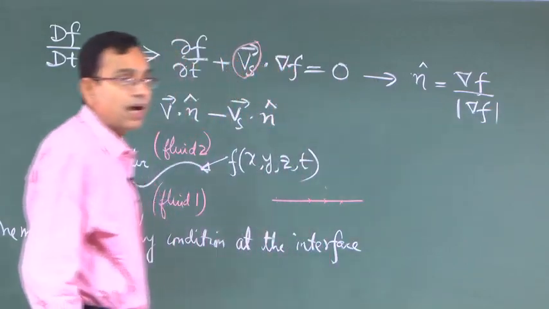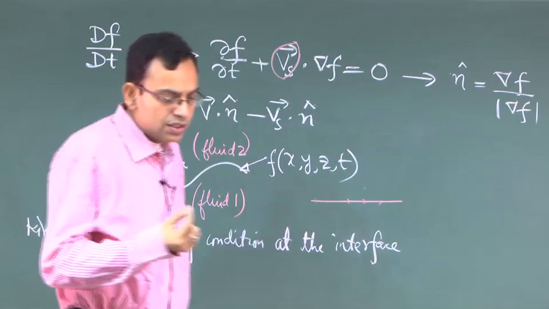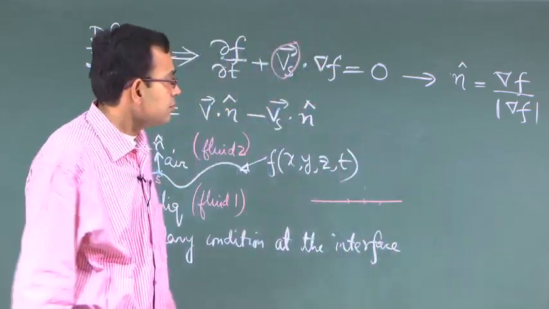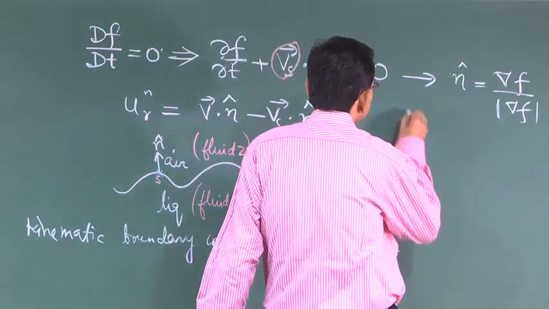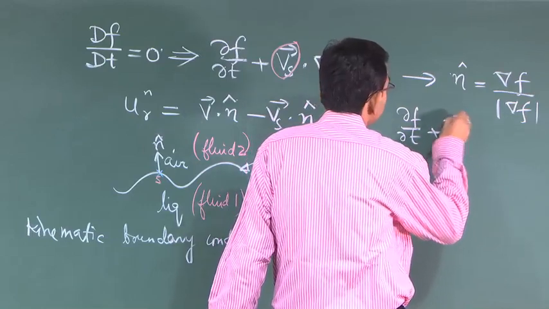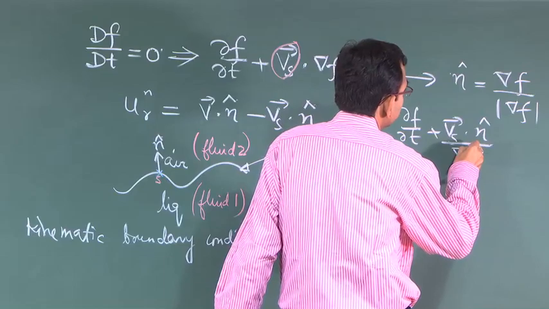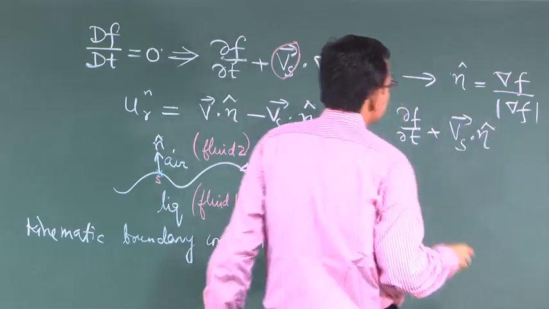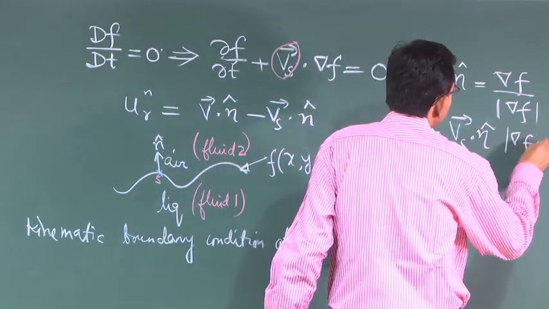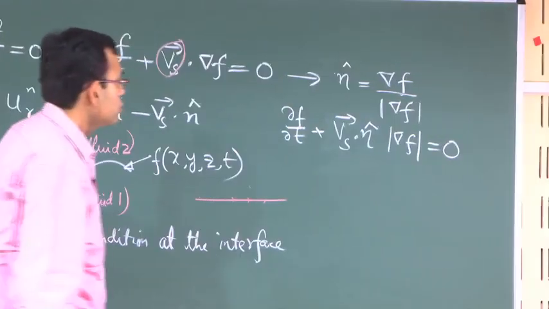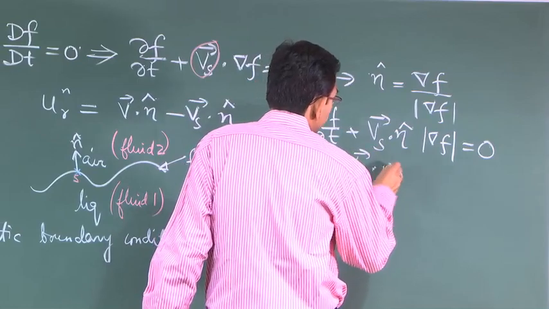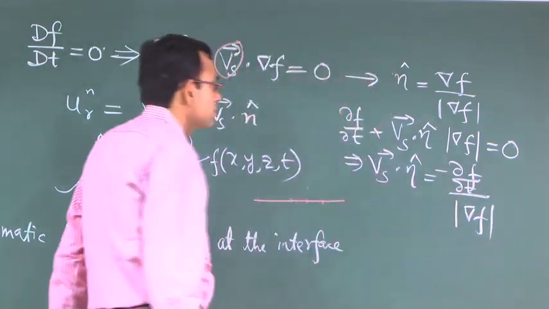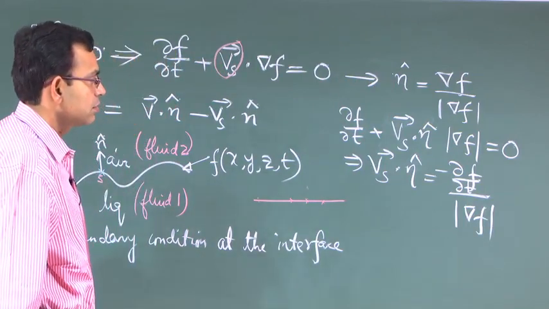This is because the gradient of a scalar function physically denotes a direction normal to the surface representation of the function. So, you can write Vs dot